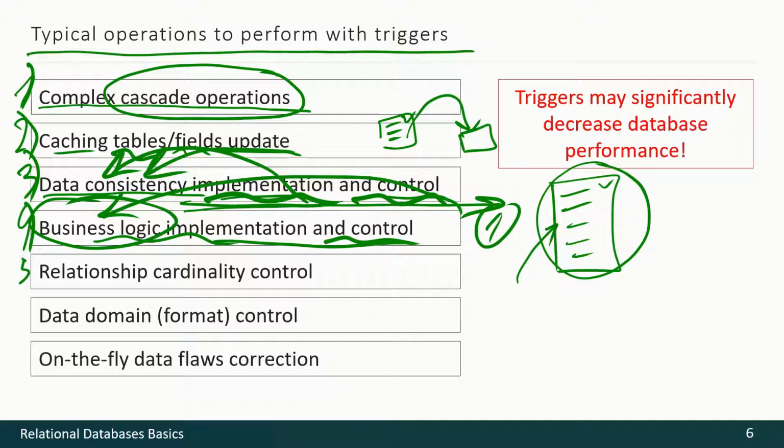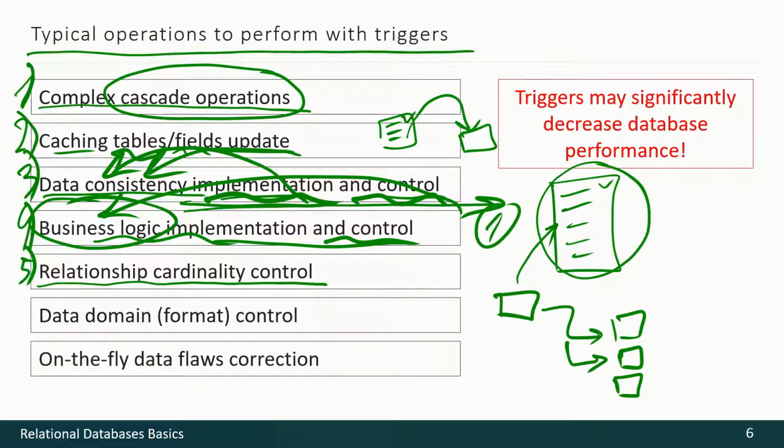Earlier in our course we've mentioned that with triggers we may achieve complex relationship cardinality control. For instance, imagine that you have system administrators and you have servers, and there is a rule that one system administrator may control no more than 3 servers. So that's 1 to 3 cardinality, and you may control it with